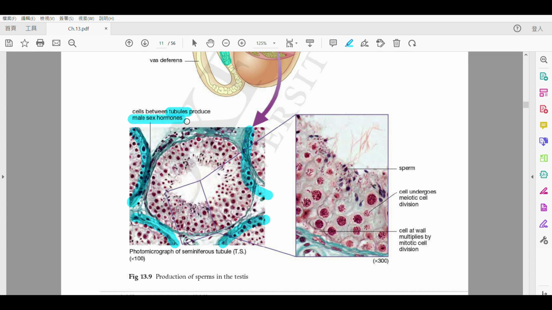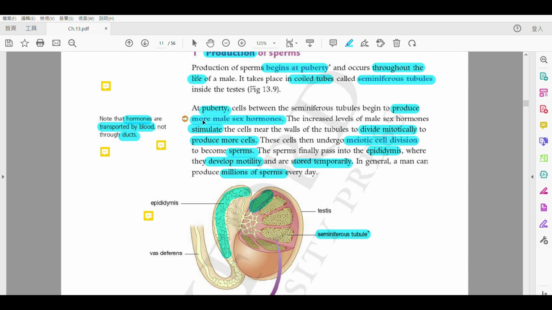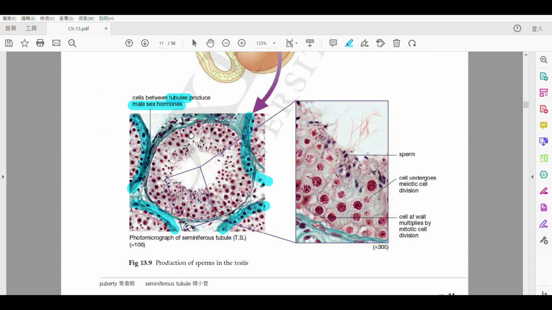These cells will produce the male sex hormone. Okay, when you get into puberty，當你去到青春期嗰陣時，these will produce the sex hormones. And then the sex hormone 會點啊？佢會叫醒佢，佢會 stimulate，佢會 stimulate what？係 stimulate cells near the walls of tubules，即係代表咩啊？They will stimulate these cells，係 near the wall 嗰堆，係外圍嘅 the outer layer。